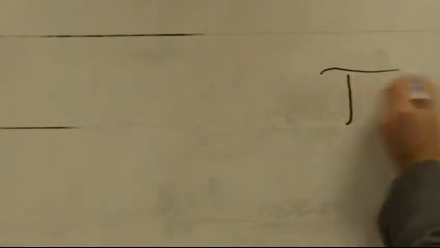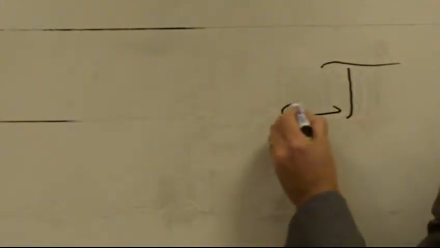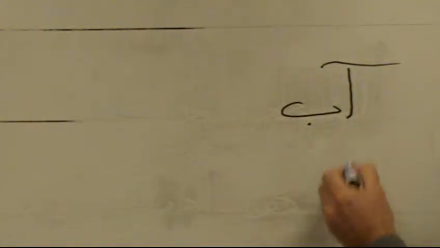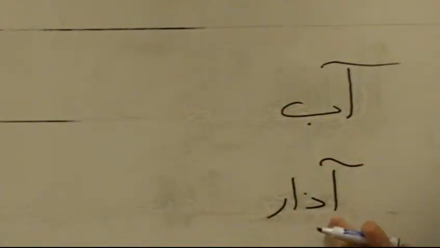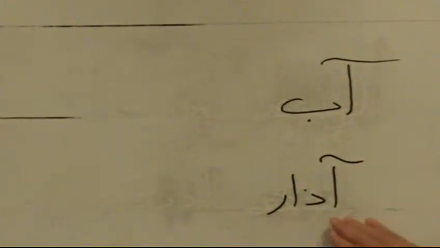Now if I make the alif really long, we'll put what we call Madda. This is Madda. An example will be Ab. Ab is August. Or you can use Adar. So this is the alif, and this is just to indicate that this alif is really long. So you're dragging it more than usual. So it's Adar, Ab,